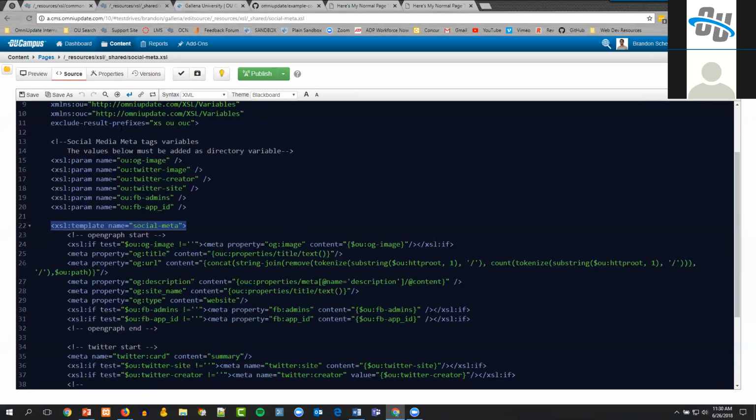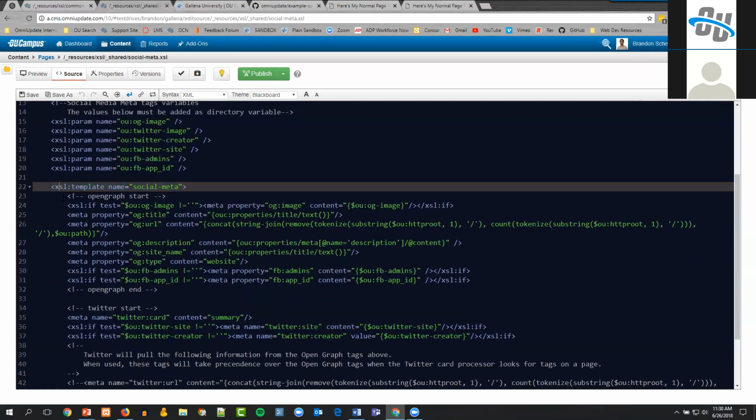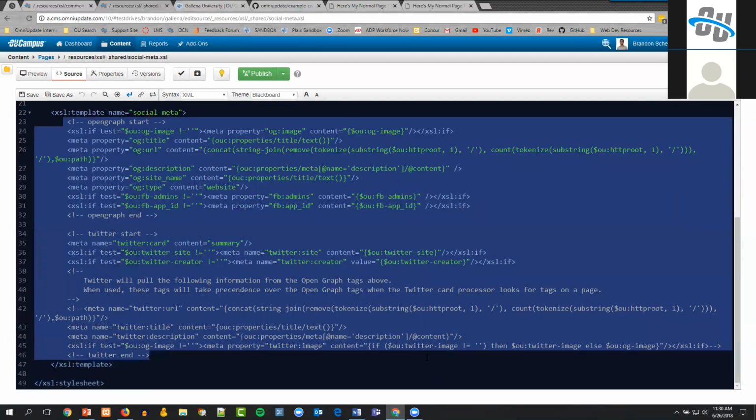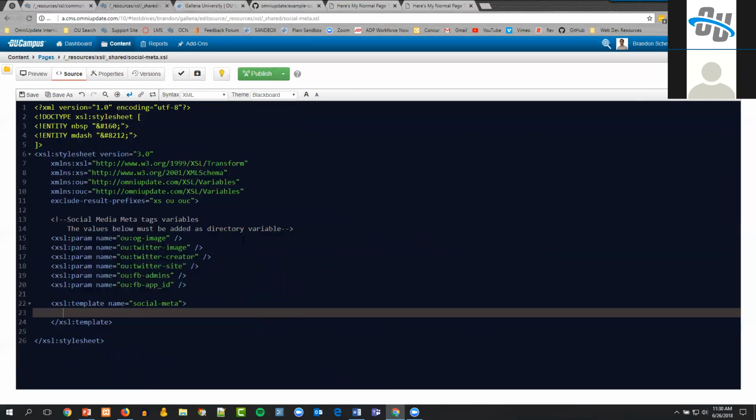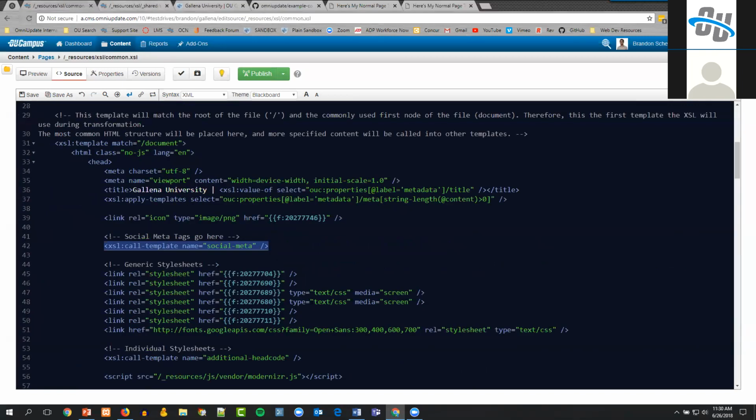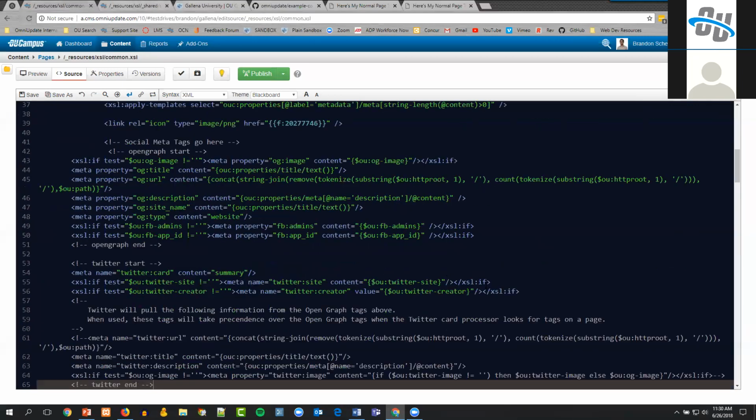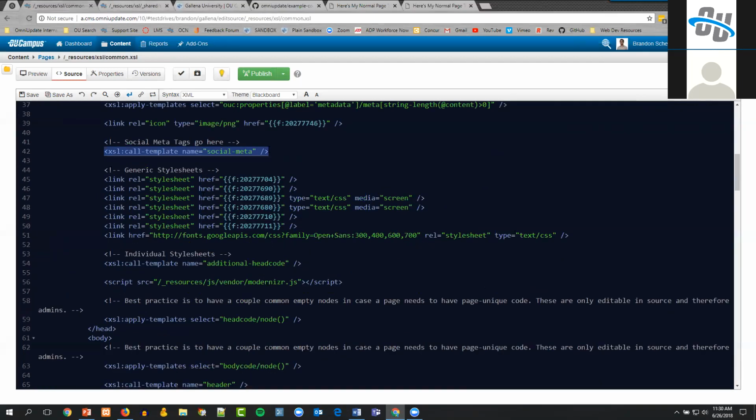So you could effectively take all the stuff that lives within this XSL template, take it out of this file, and replace the call template with that, and it does the same thing. But this is just a way to make sure the code is a little cleaner. So what I might also want to say is call template social meta. I might put a little comment in here, because ultimately this template, like I said, lives in another file. So if anybody else is going through the source code, I can go ahead and say